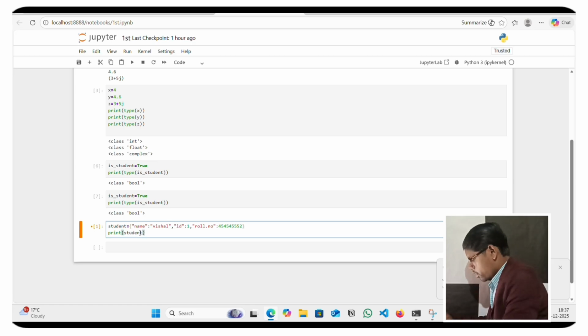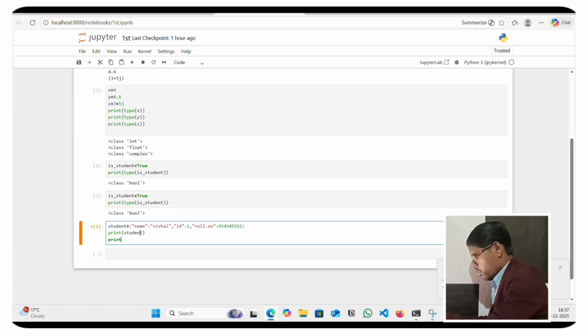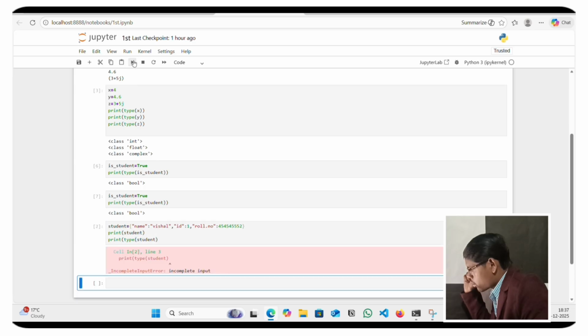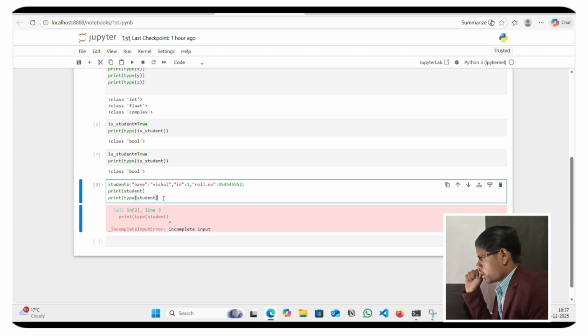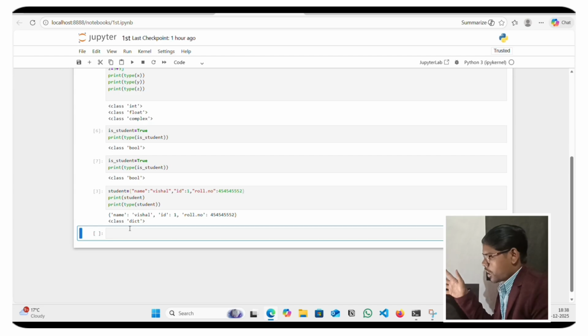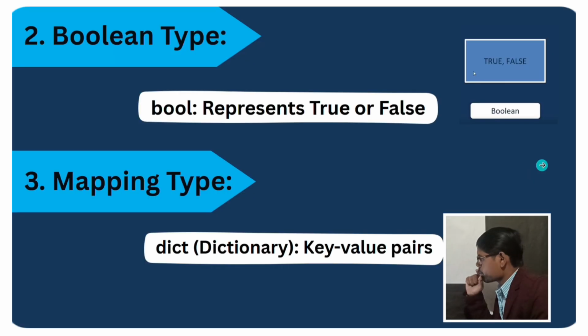Print student. It's our mistake. It contains the pairs.